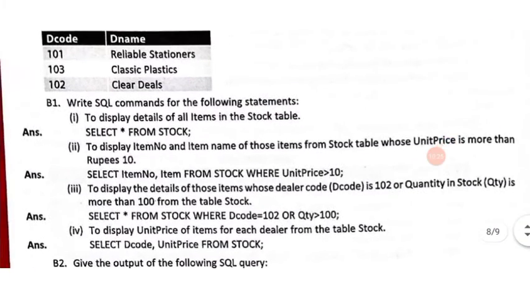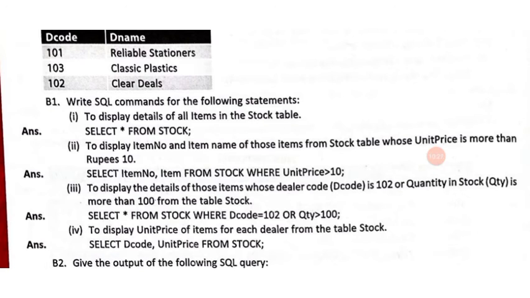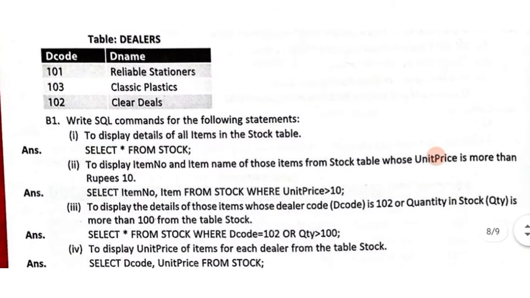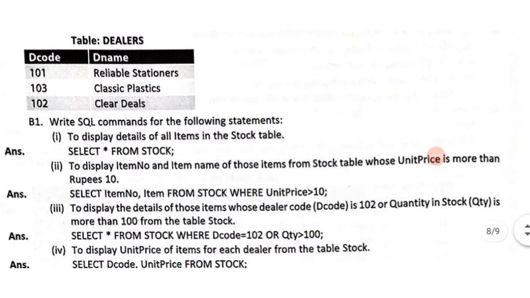Then, to display item number and item name of those items from the stock table whose unit price is more than 10 rupees. You have a condition that unit price should be more than 10 rupees, and you have to display the item name and item number.